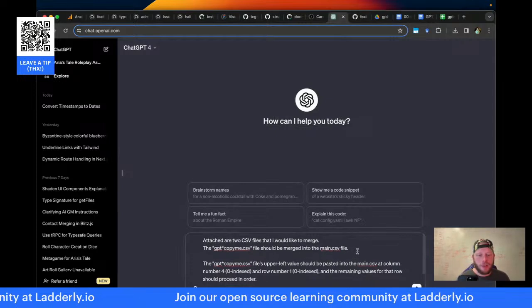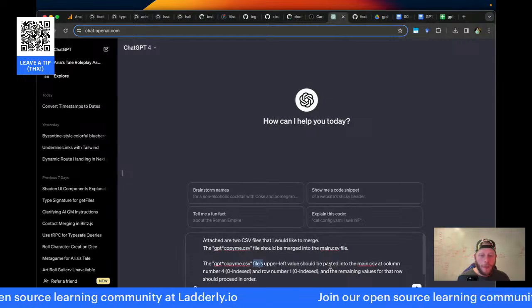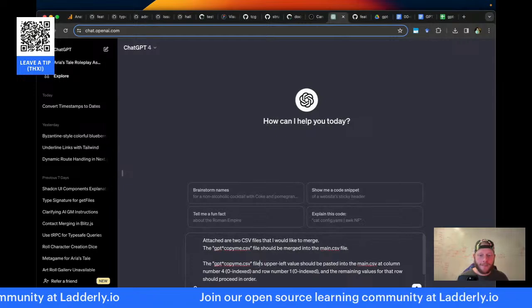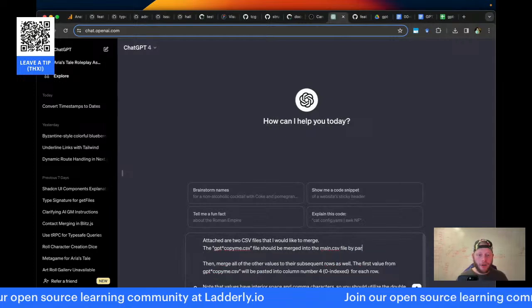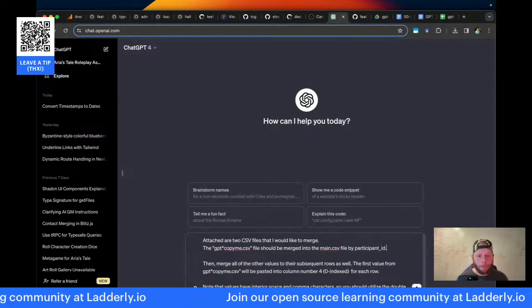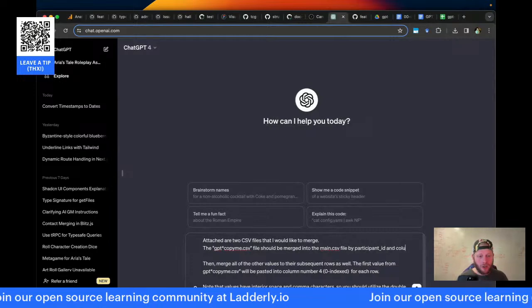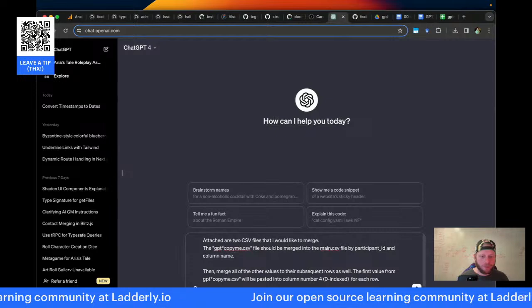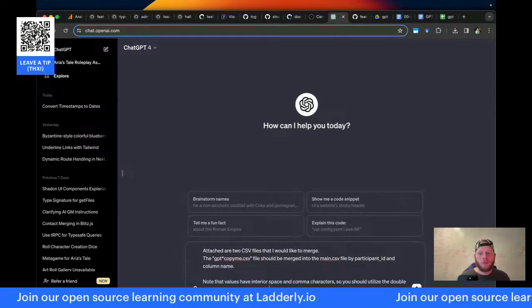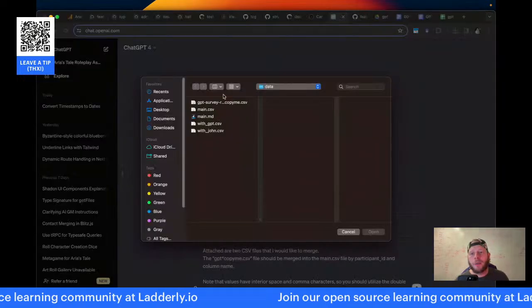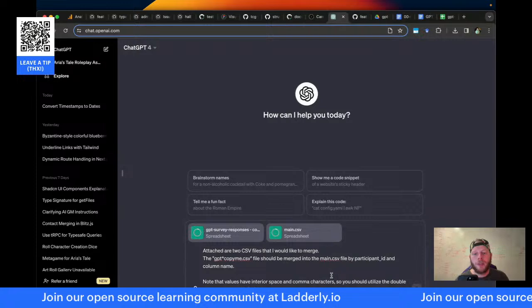And instead of this description, I can just say by participant ID and column name. Much simpler instructions, eh? Okay. By participant ID and column name. Let's open these